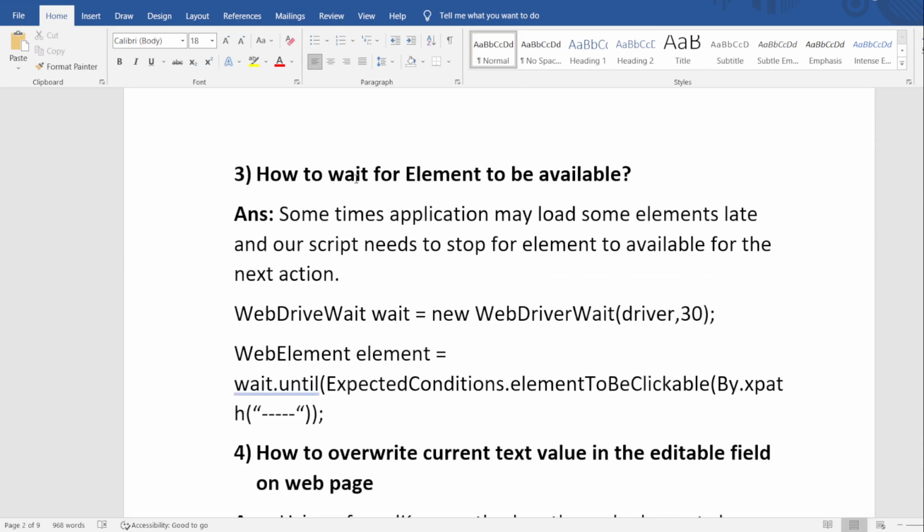Okay, so how to wait for an element to be available? I want to wait for a particular number of seconds until that element is going to be available. Sometimes our application may load some elements very late, and our script needs to stop for that particular element to be available before performing the next action. So if I am waiting for a particular web element, I first need to wait until that element is loaded fully, and only then perform the next action,